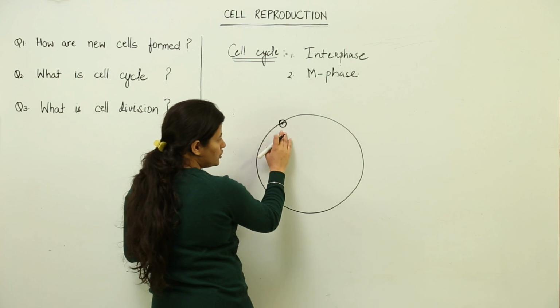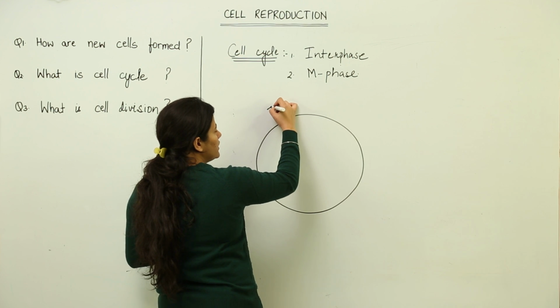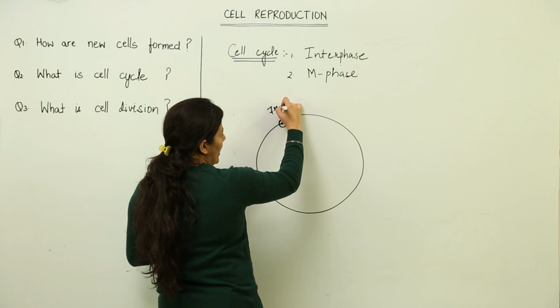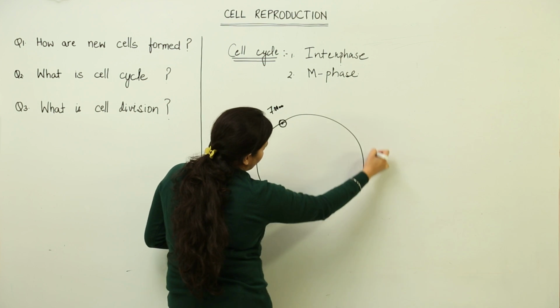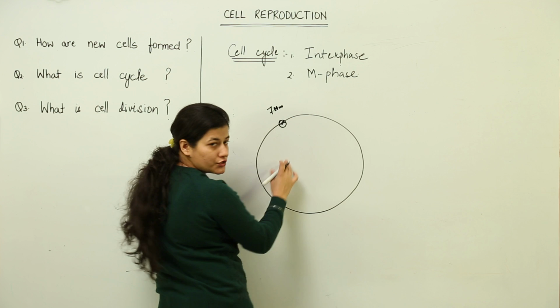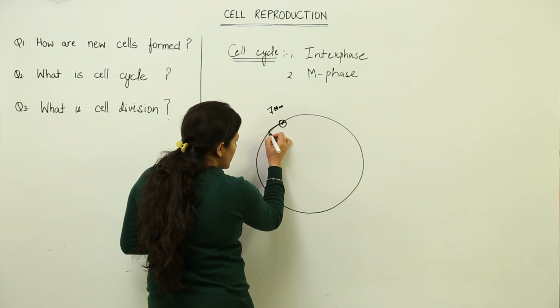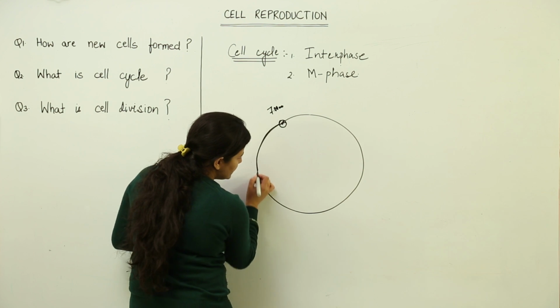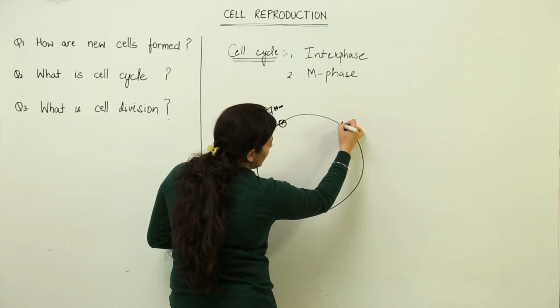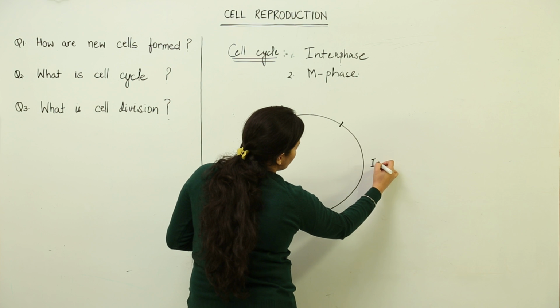Supposedly this is the cell which now you are going to consider. This is 7 a.m. and you are ticking the clock like this, and you come back over here after 12 hours. What you're going to get is, first of all, 95% of the cell cycle is going to be interphase. That means